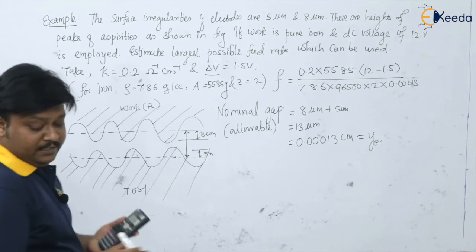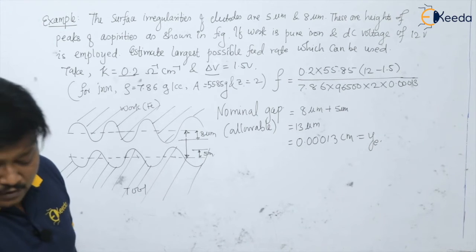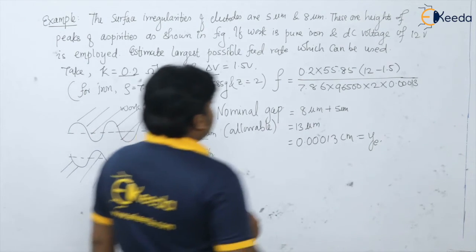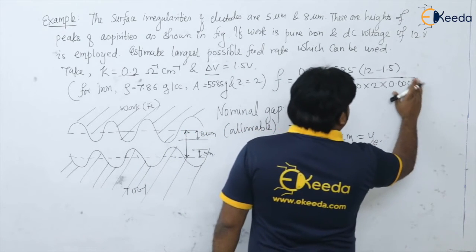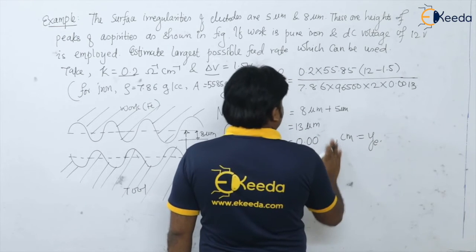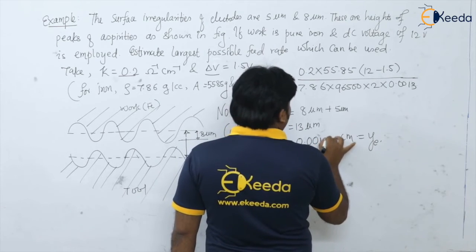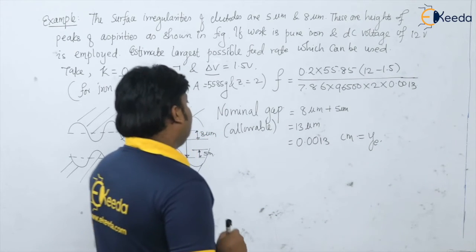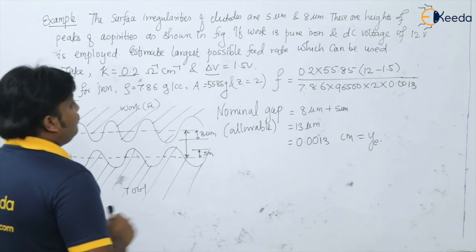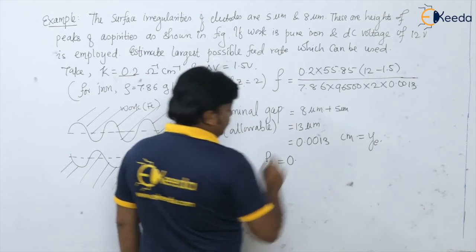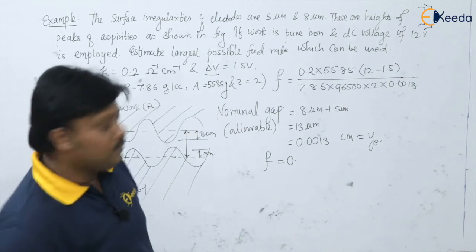So it will be 0.6 or 0.59. Please remember, oh, sorry, 0.0013 centimeter is there. Okay, so if we have this value, then the feed rate will be 0.059